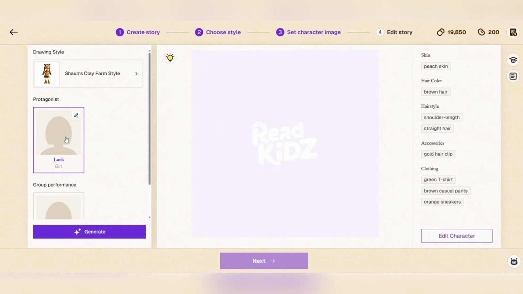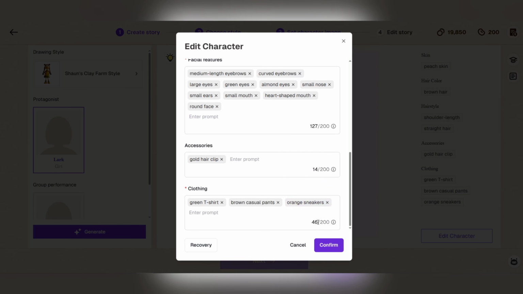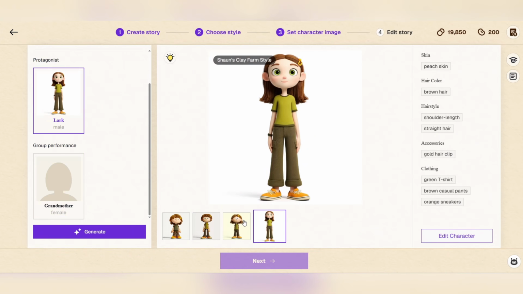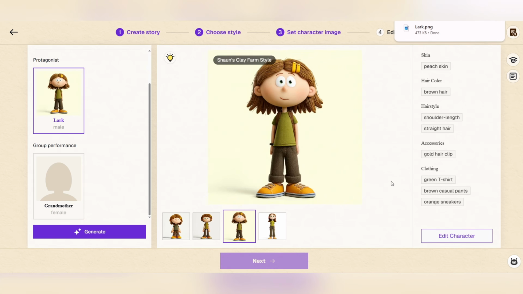At this point, enter the protagonist section, or the main character of the story. In this section, click the Generate option to have the artificial intelligence create the main character of the story for you, based on the information and prompts you have entered. After generating the character, you can edit any part of it. For example, change the appearance, clothing, facial expression, or even the character's name, to better match the style and atmosphere